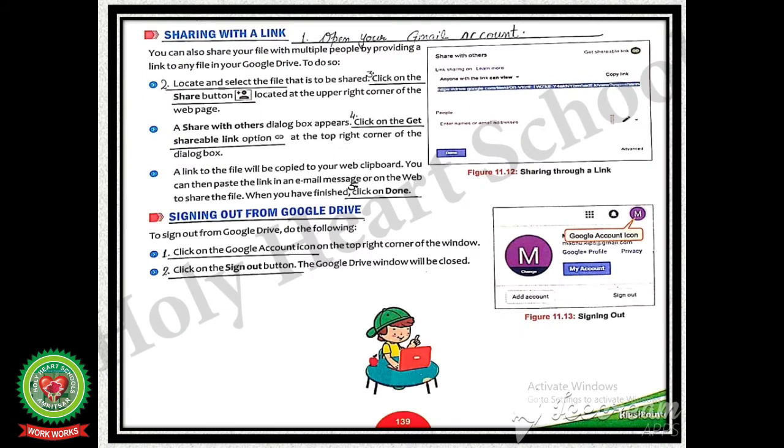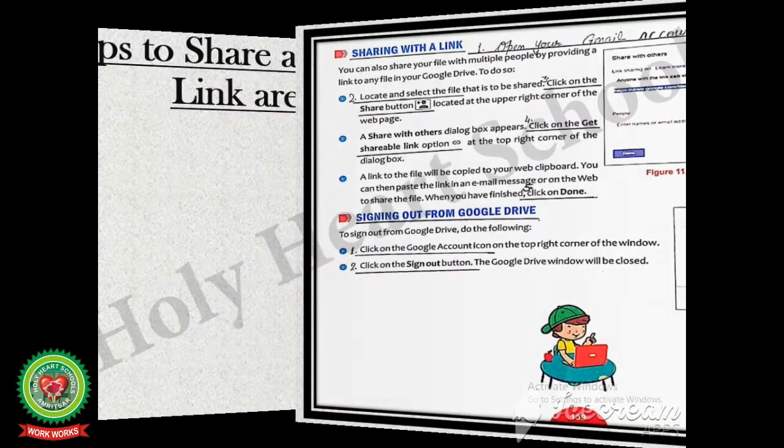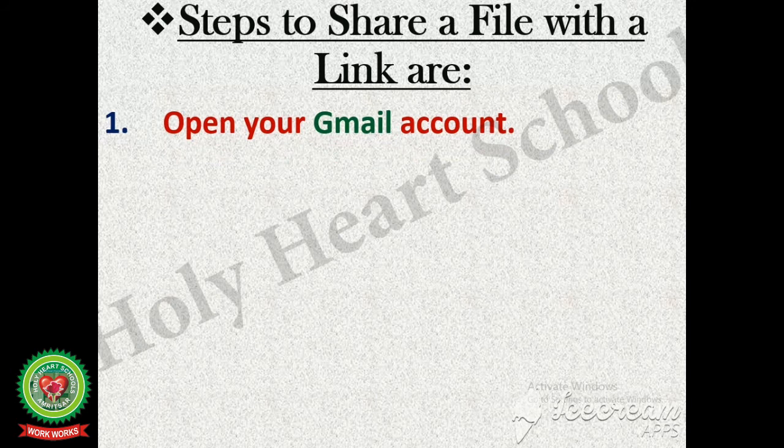Our next topic is sharing with a link. It means you can share your file with multiple people by providing a link to any file in Google Drive. Now the steps to share a file with a link are: first is open your Gmail account.